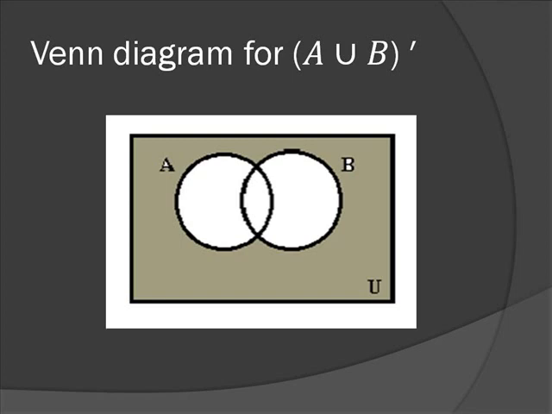So this is basically the second step and the final answer as well, because I told you that this question will be a two-step. In the first step we draw a Venn diagram of A union B, and in the second step we have to draw the Venn diagram of A union B whole complement. The complement is on the whole, so we know that complement means other than, so this means we have to shade the region that is other than A union B.